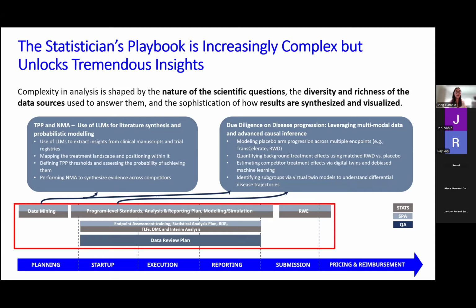One would be Transcelerate, which is a repository of placebo data, and one could also be real-world data, which is coming from electronic health records. Electronic health records, of course, is a treasure trove of data, although it's a little bit messy, but nevertheless would be able to provide us with certain things regarding how placebo actually progresses over time. So, for example, a patient would be given a standard of care, which is what we would think to be placebo, just because